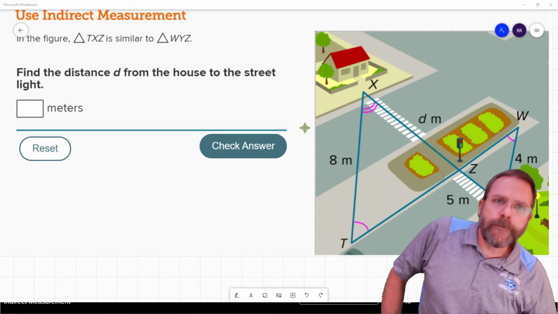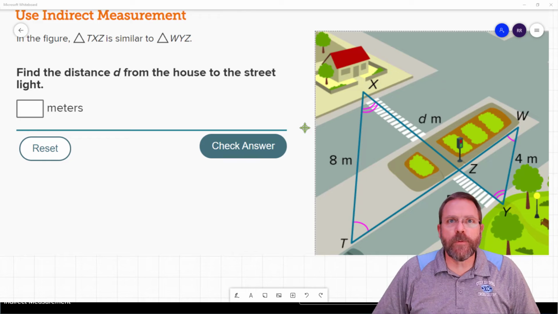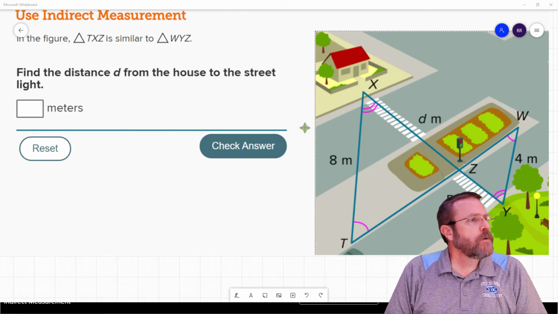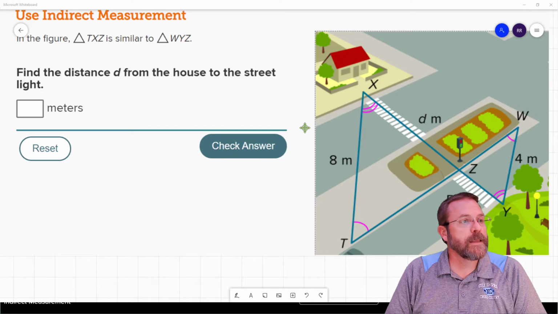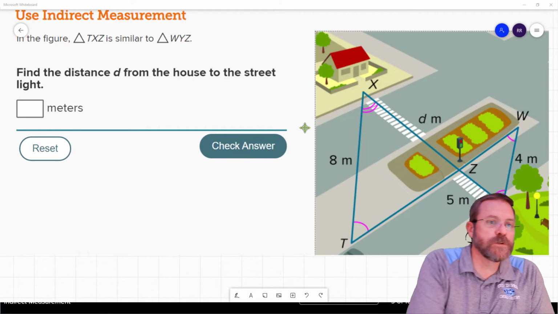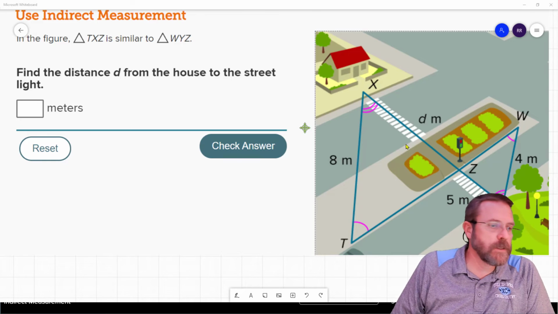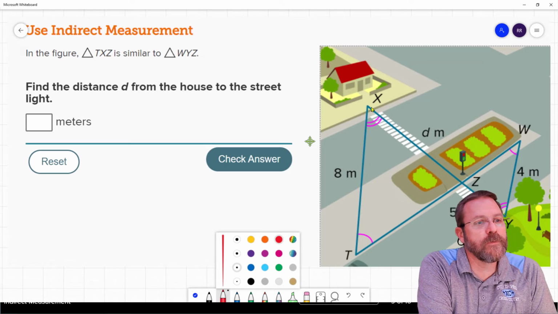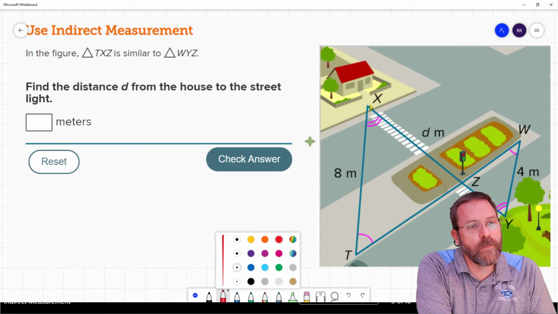How did it go? Did you get your last extra practice problem right? Let's find out. In the figure, triangle TXZ is similar to triangle WYZ. Find the distance D from the house to the street. Okay, so let's get in here and figure out what we're looking at. We are looking to find the distance D from the house